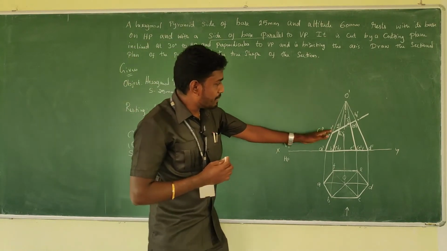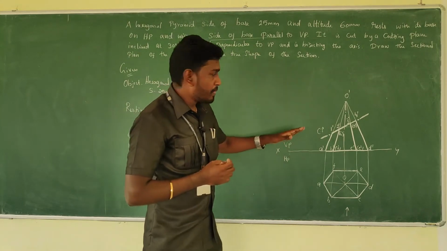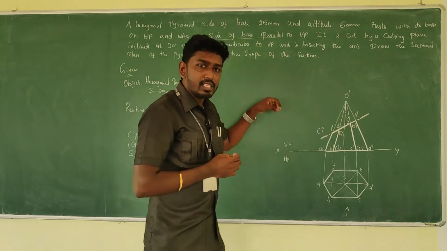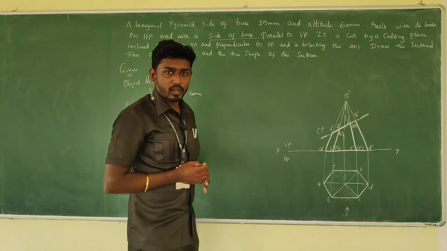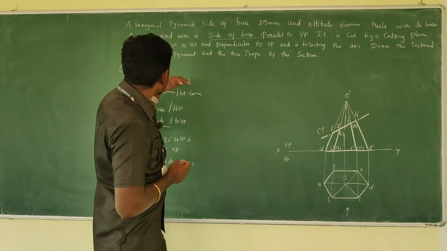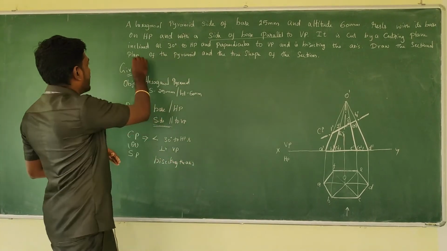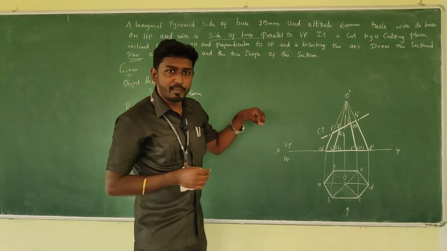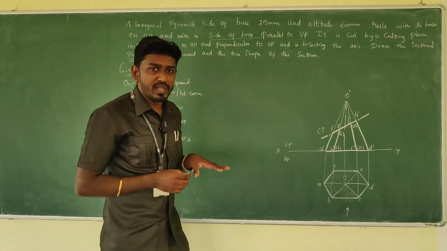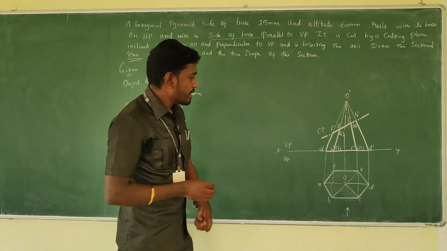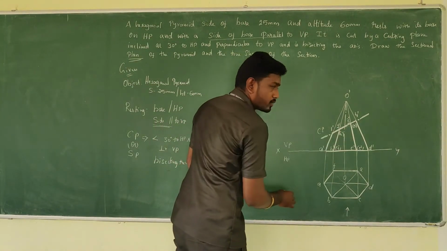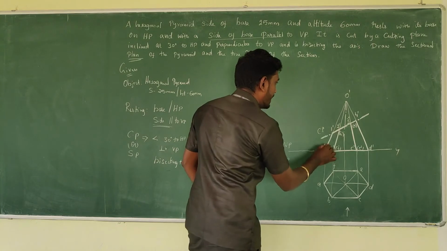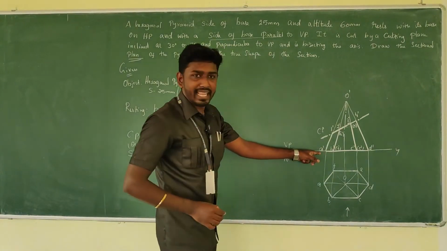Okay, after completing all the cutting points, just come to the top view, in order to get the sectional plan of the pyramid. Plan, in the sense, it's a top view. In order to get it, just give the projector to the top view to specify those things. Okay, fine. First take the 1. Okay, 1 is between apex O and A.